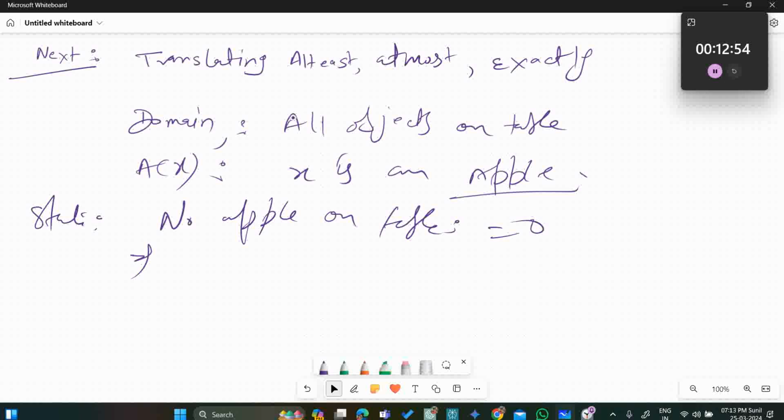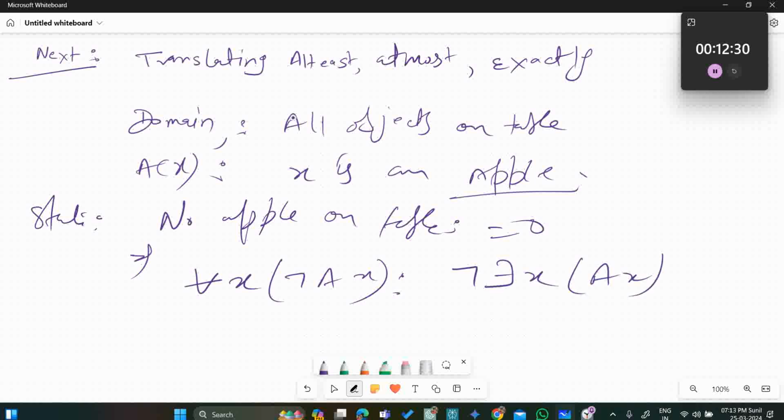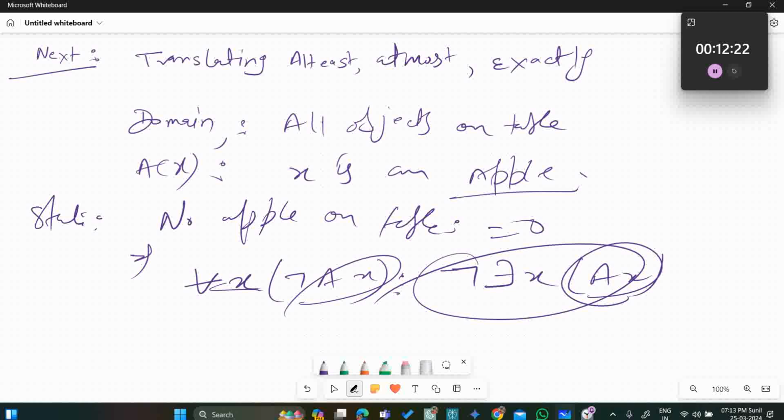So for all x, not of x is apple. Alright. There is some x which is apple complement. For all x, though both are equivalent to each other, so no problem. And next is